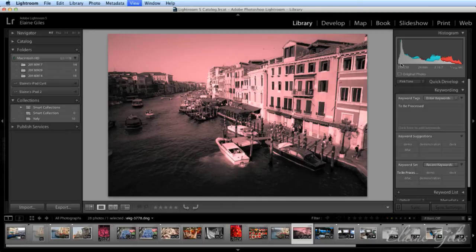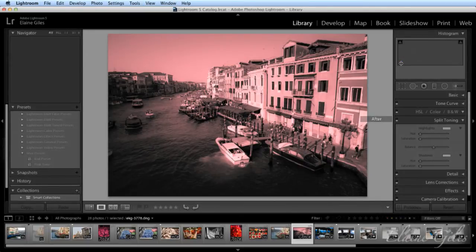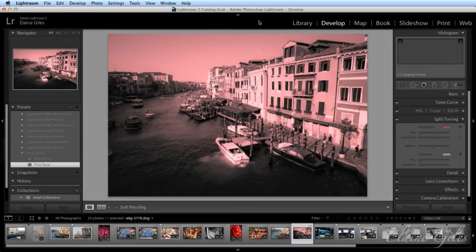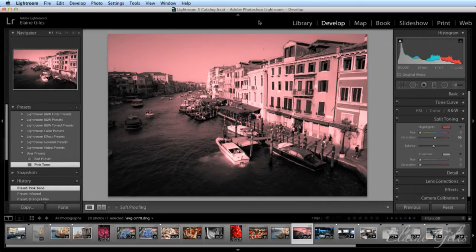And the D key, D for develop, will take you into the develop module. And my machine's struggling already, but it will get there. Come on, into the develop module. I've got a beach ball there, but it is getting there. There we go. So that's the D key. Now, once you're in here,